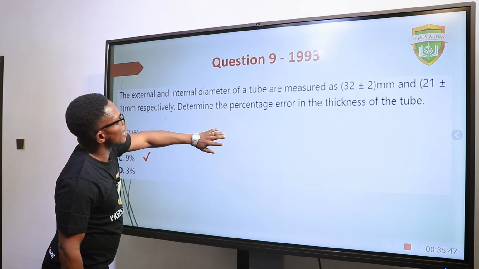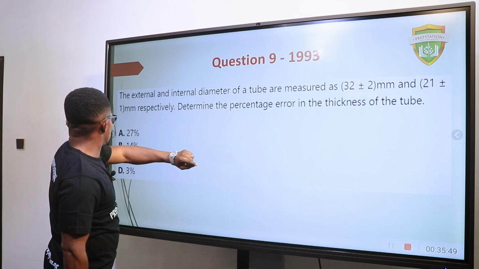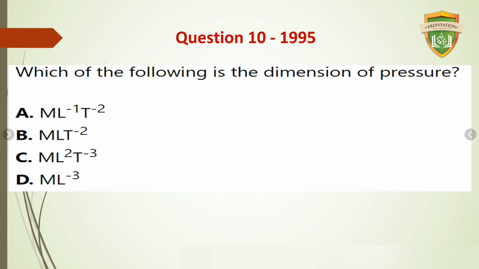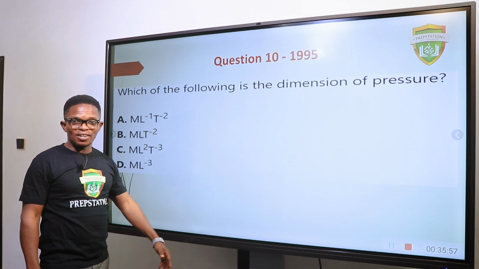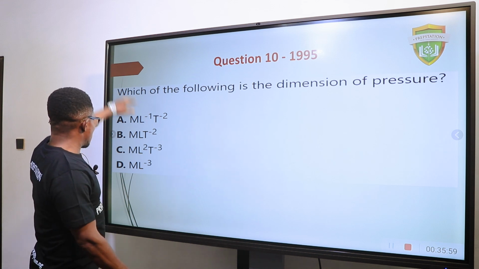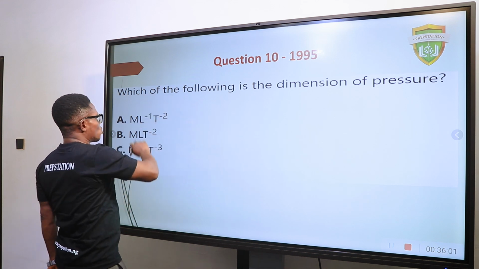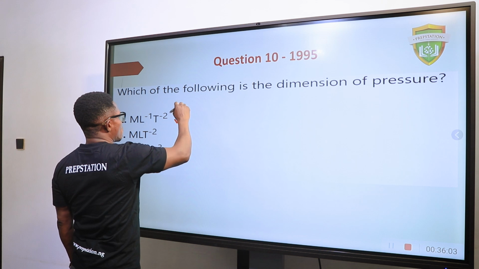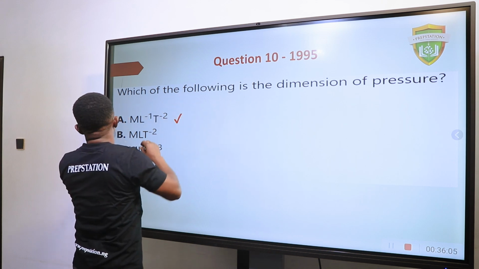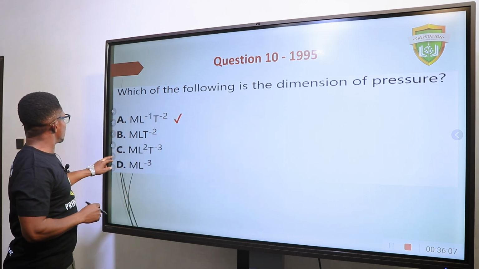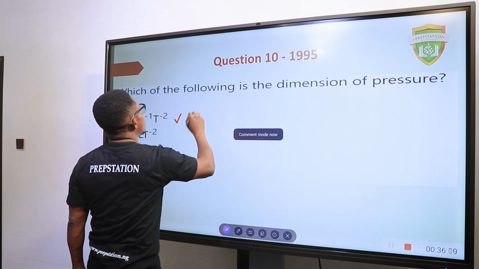Let's move. And then the last question. Okay, 9%, that's correct. Now, which of the following is the dimension of pressure? All right, so to know the dimension of pressure, go back to the formula. Okay, the answer is already there, but let me just show you. Dimension of pressure,